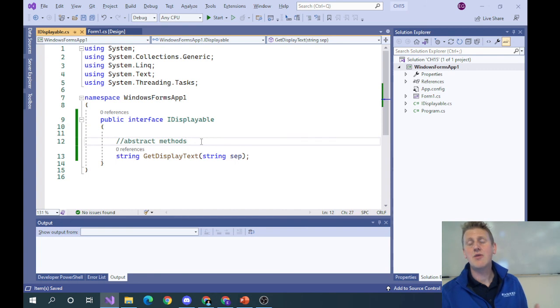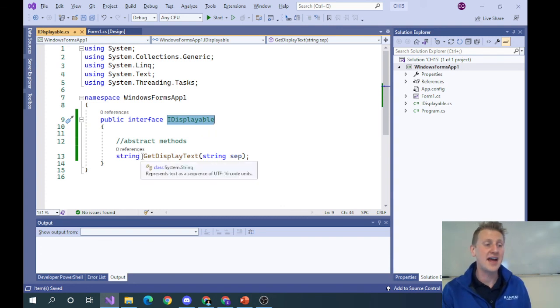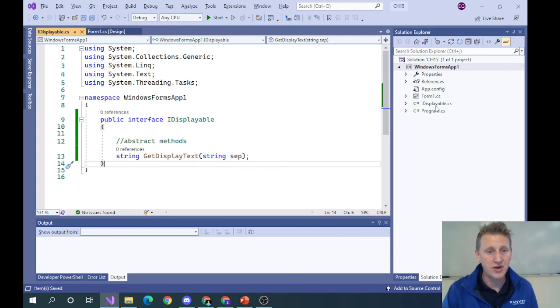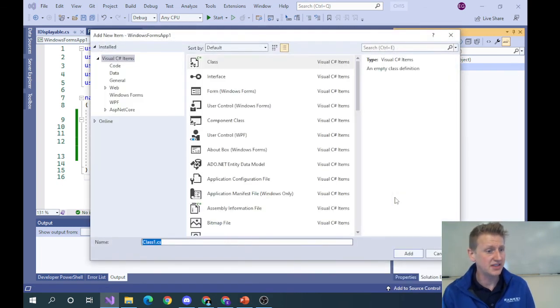that says, okay, now when I'm making my own custom class, if that class implements this interface, it's going to require that class to write this method, is the short version of it. It's a way of enforcing a behavior on a class. And I think if I go ahead and demonstrate that, like if I have a custom class,